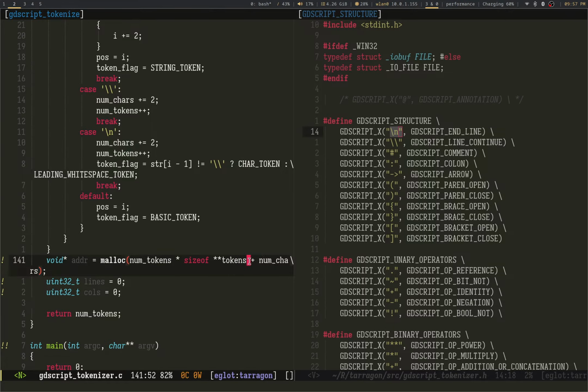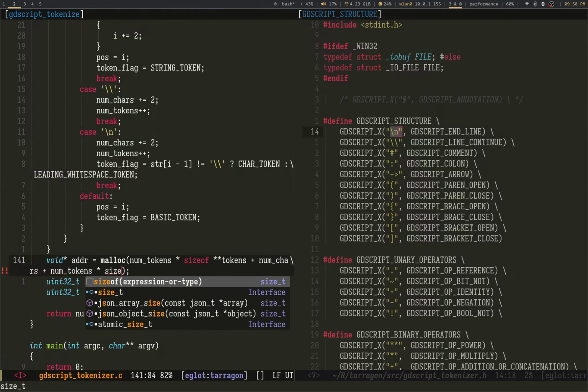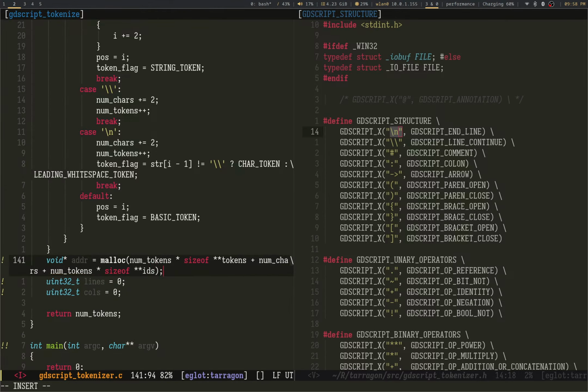Nice. Plus that, and we also need to add plus num tokens times sizeof ids.